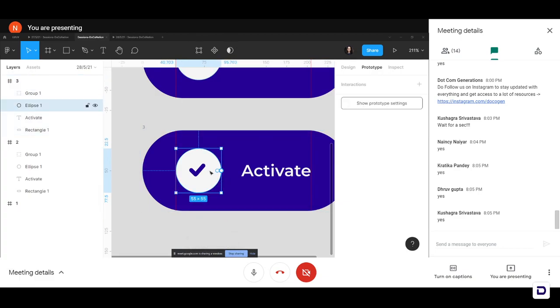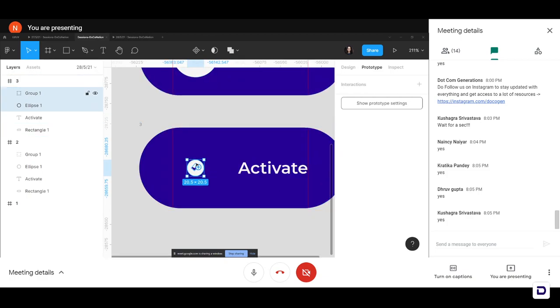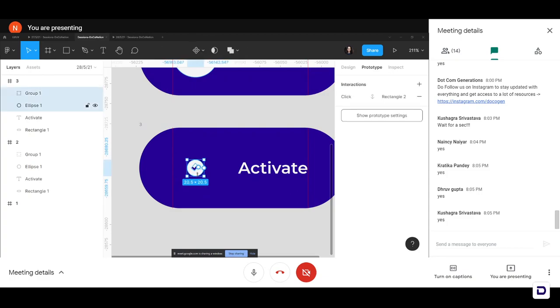So what we'll be doing, we'll be selecting both our circle and our group 1 that consists of the tick mark. We'll select both of them together by pressing shift and we'll be decreasing the size. So again, to decrease the size, make sure you're holding shift on your keyboard and let's drag it and decrease the size. So now you can see, we'll just center it here with respect to our frame 3, the background rectangle. And now once you've decreased the size of it a little bit more, yeah. So once you've decreased the size of it so it looks nice, all we'll be doing is we'll be decreasing the visibility, we'll be making the visibility 0.